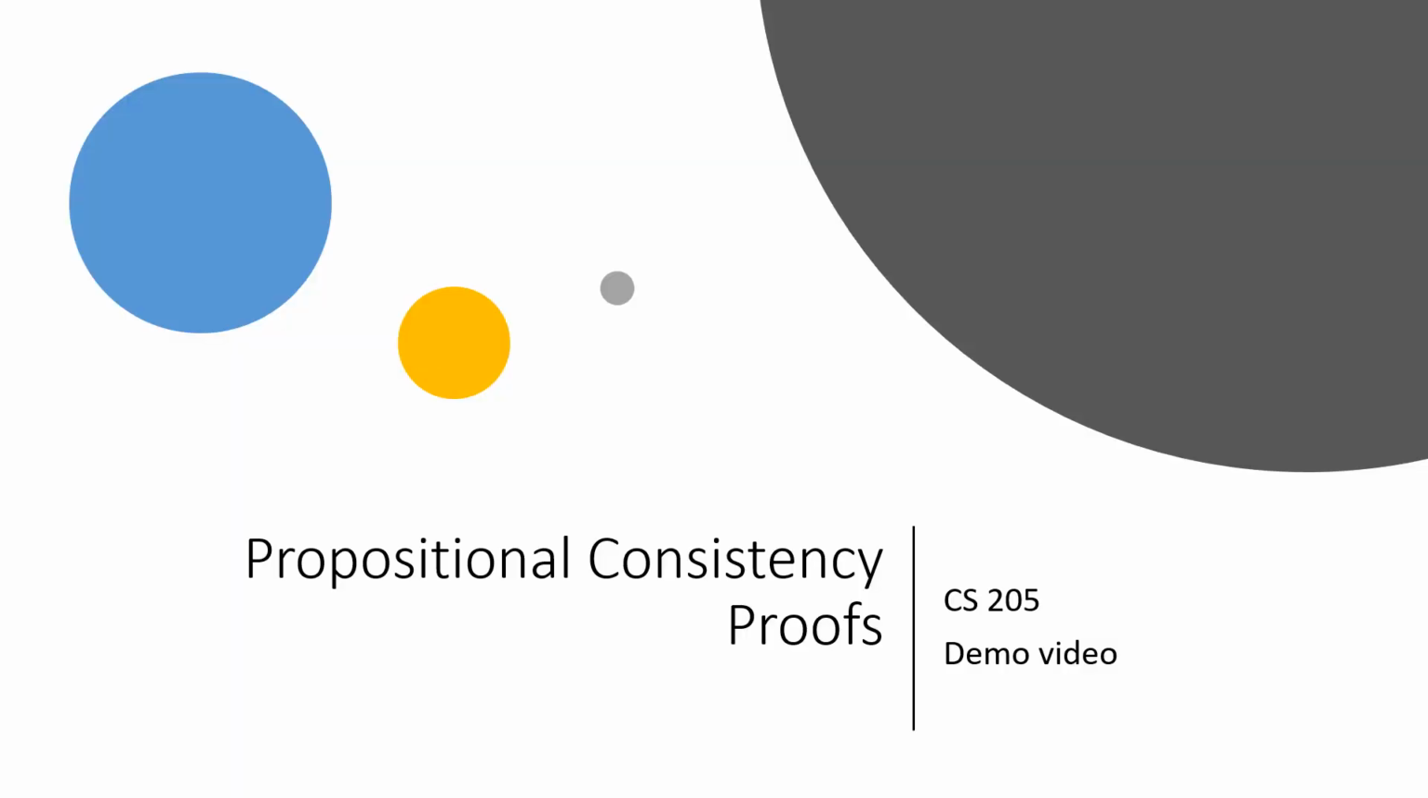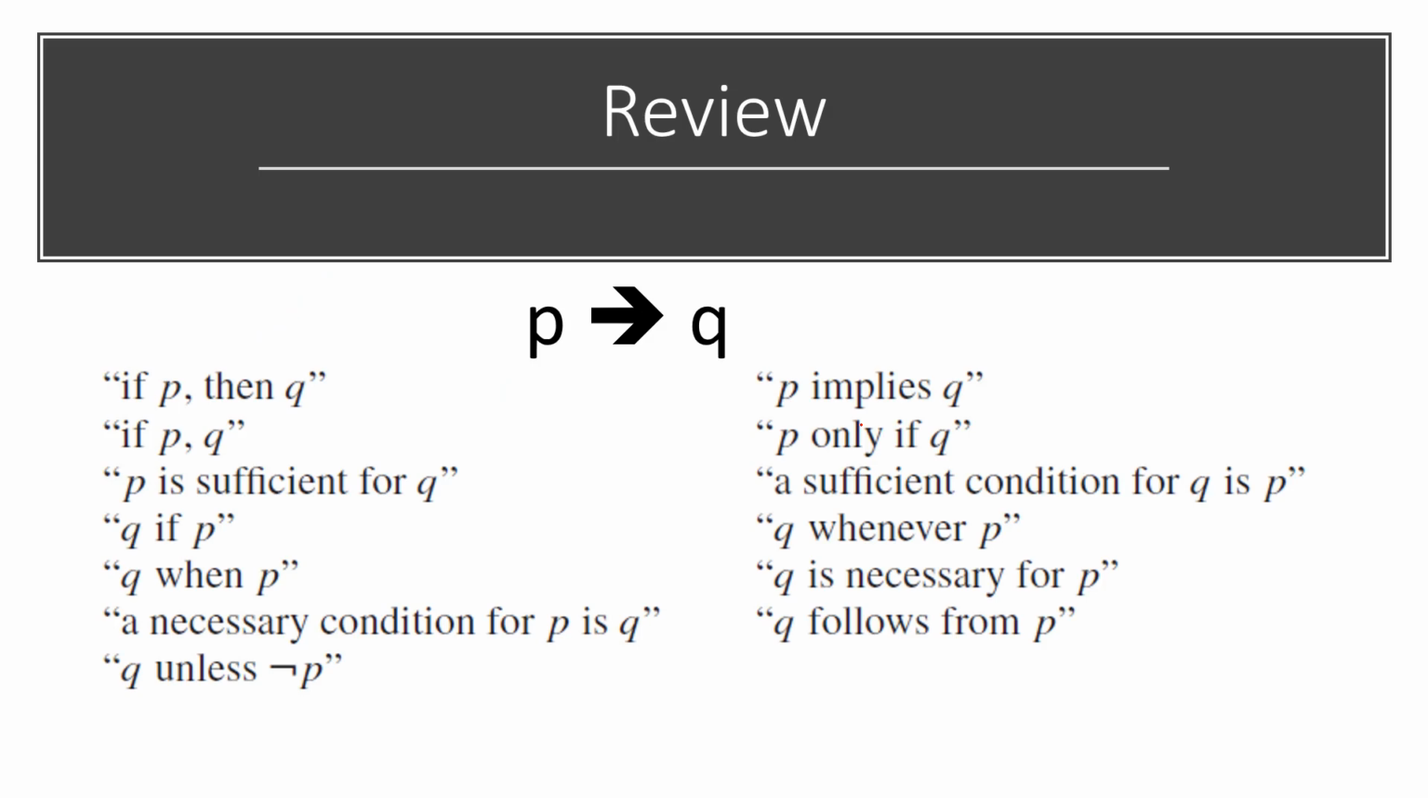Okay, so in this video, we're going to go over some exercises from the concepts on propositional consistency and proofs using logical rules we know. One of the key things you have to understand is that P implies Q has a lot of different meanings. In other words, if you have a lot of English sentences, all of these things in English